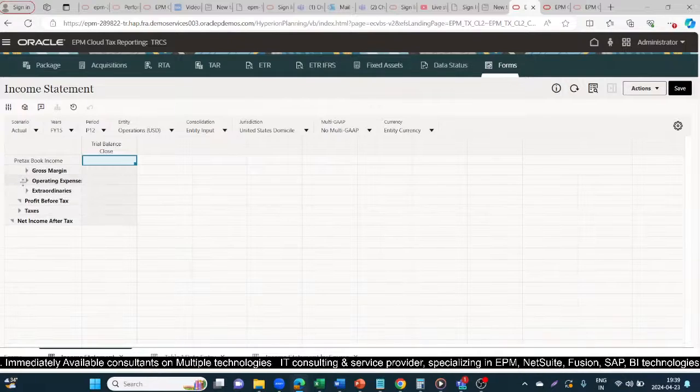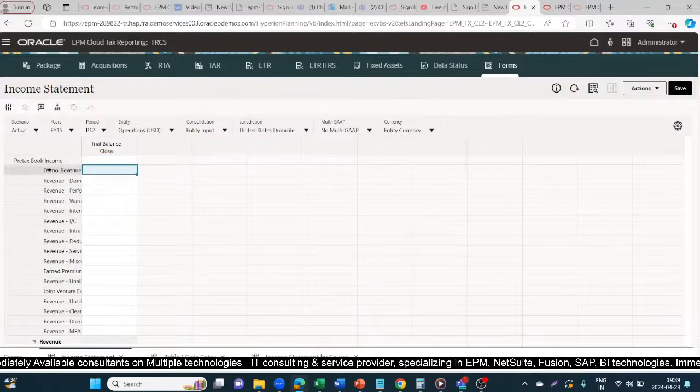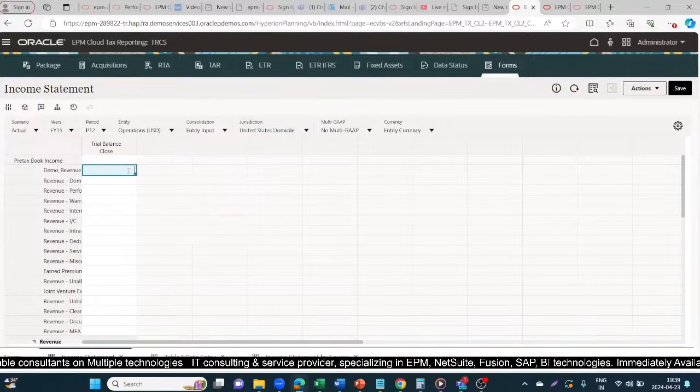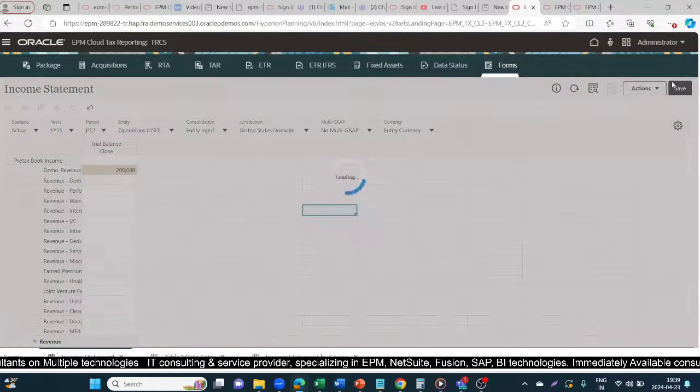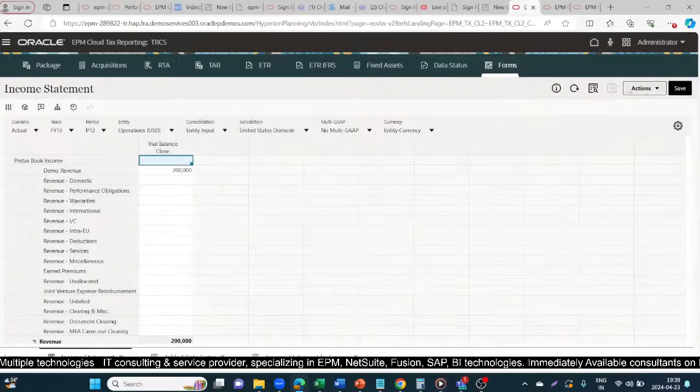Profit before tax, under gross margin, under revenue. So this is my revenue. The scenario is actual, FY15, P12, United States domicile, no multi-GAAP, and entity currency. Here if you try to input suppose 2 lakh and save it, okay, and if you run the